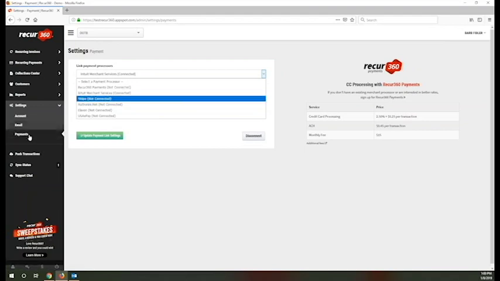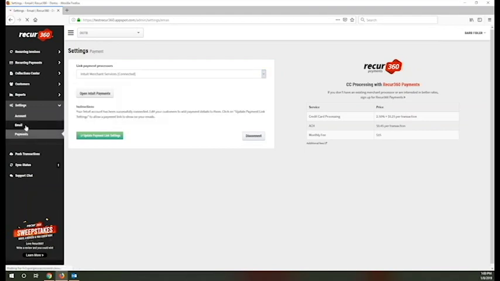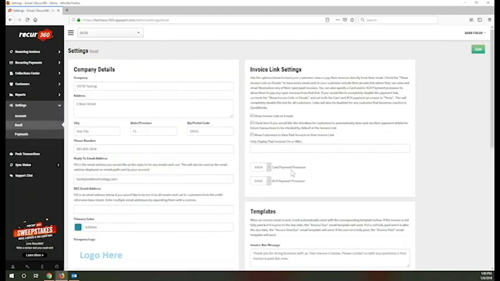So you could set your settings to say that you're going to process credit card payments through Intuit, but maybe I want to process my ACH through a different processor that I would connect. So it gives you a lot more flexibility in providing payment forms to your customers.